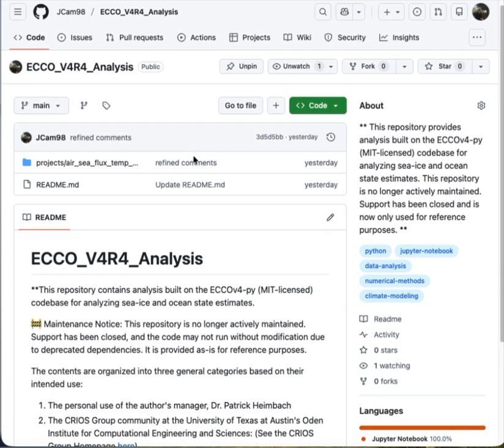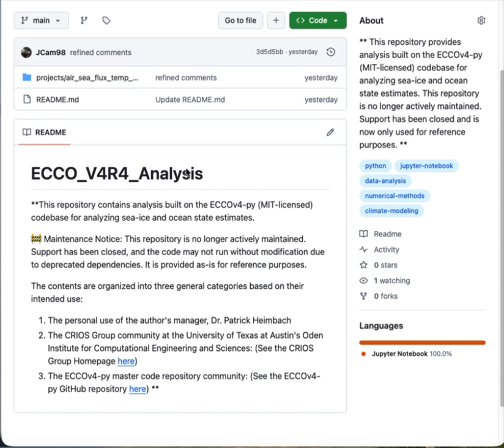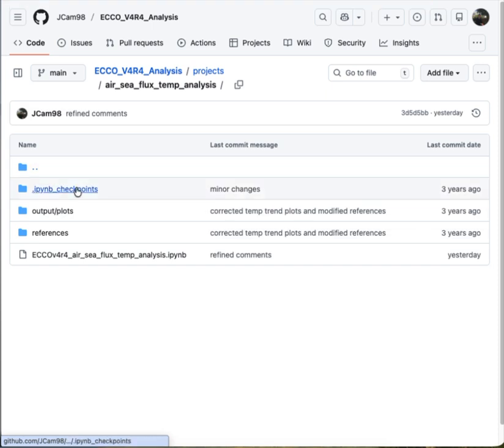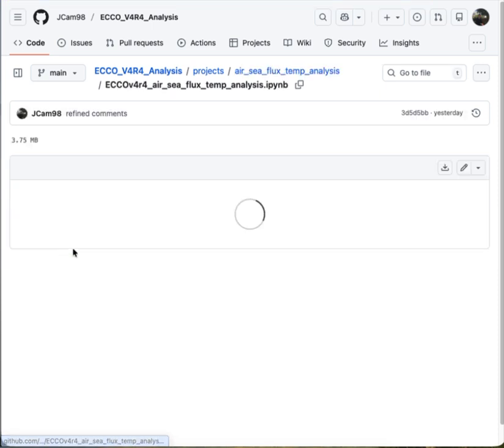So here we have a repository where I've uploaded my results. So if we navigate to our Jupyter Notebook here,